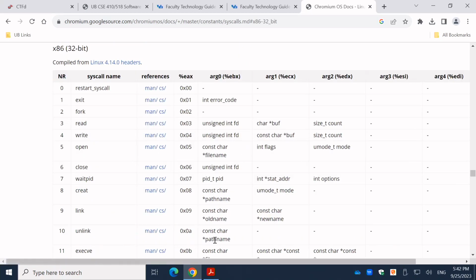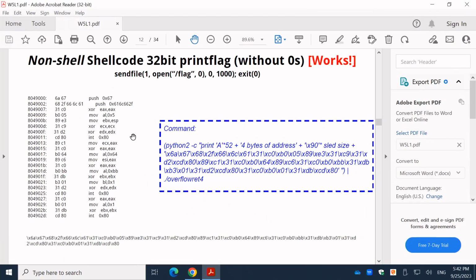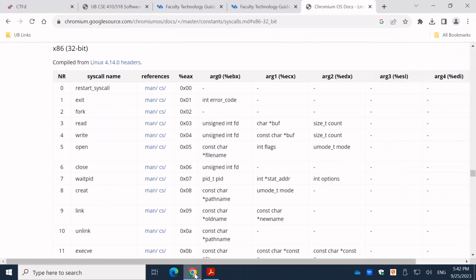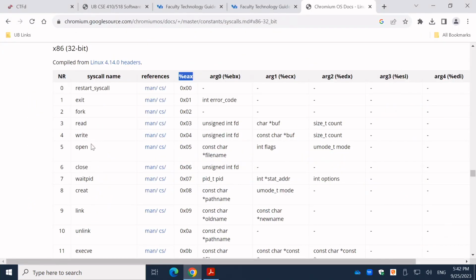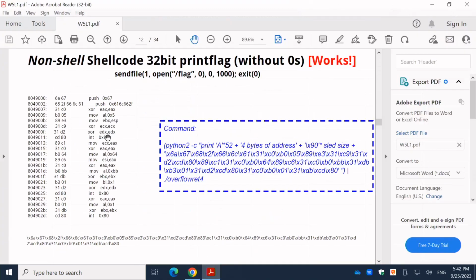You can say the first system call we are making has the system call number in the register EAX. So here what we have is number 5. If you go to the table, you can say number 5 is the open system call, and it takes those parameters. The second system call we are making is here, and you can say EAX has a value